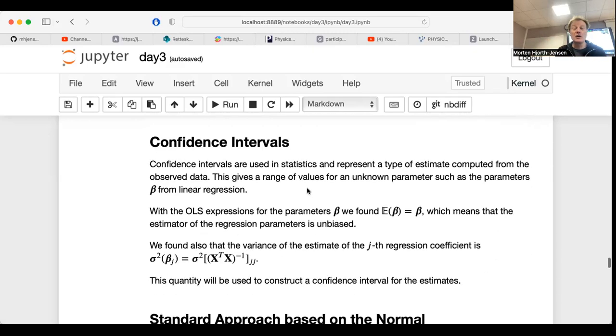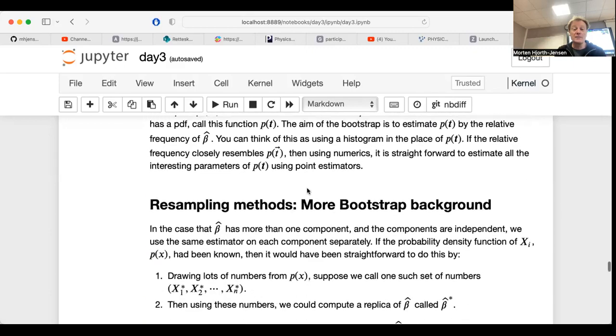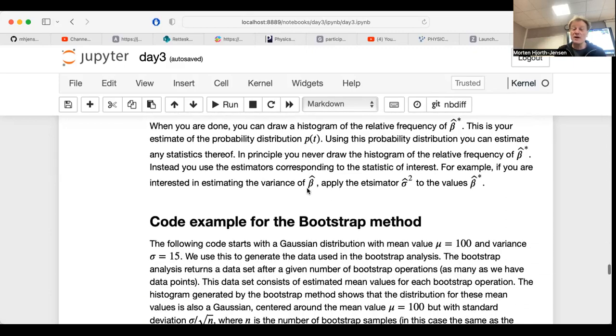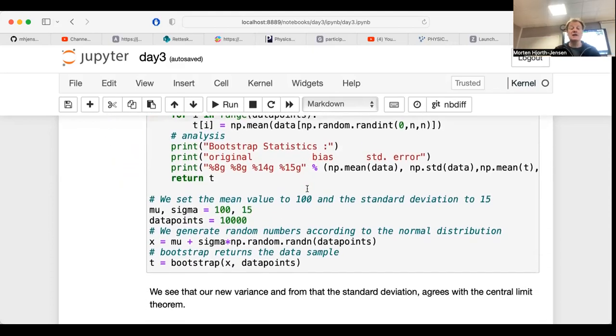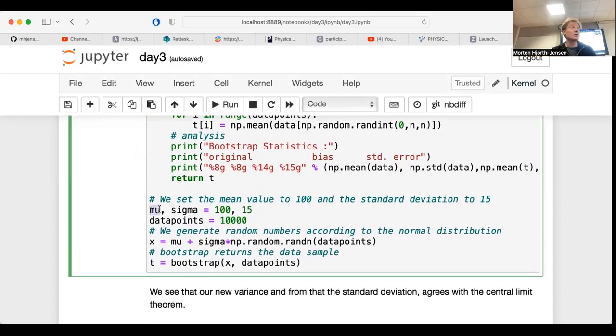And here's a simple code where I set up an example of how you would use the bootstrap. So let me just go down here. In this case, I am generating a data set with a normal distribution with a mean value of 100 and a standard deviation of 15. If I have 10,000 data points and I do 10,000 bootstraps, that means I take my original data set, which has 10,000 points, and then I produce 10,000 new data sets